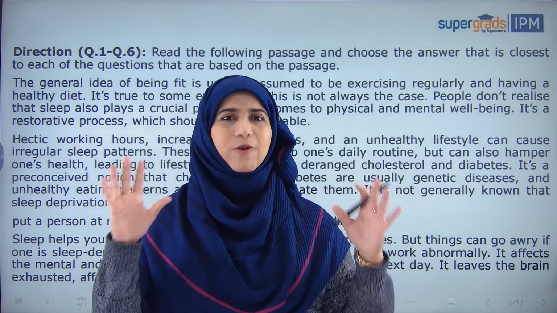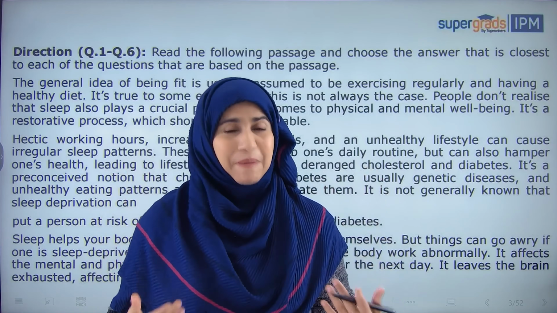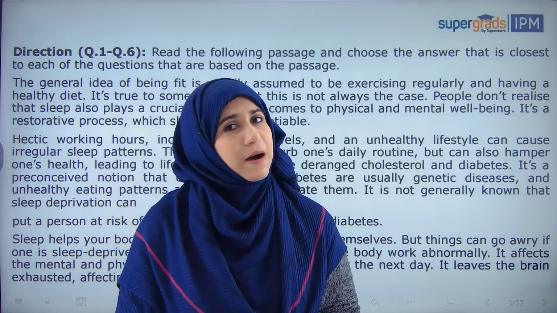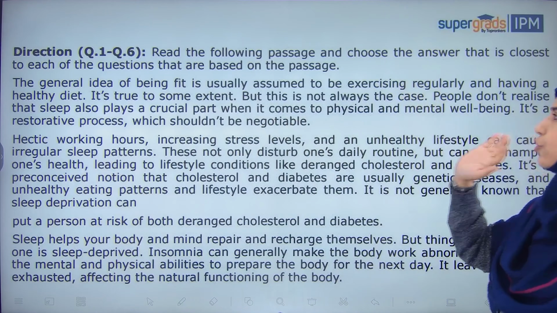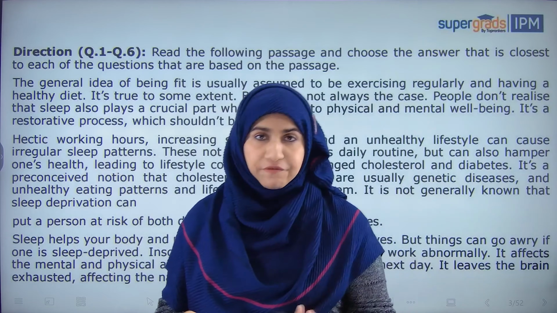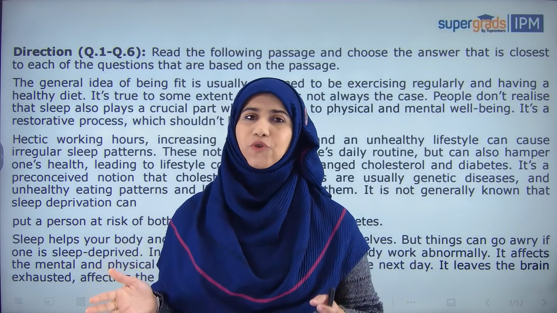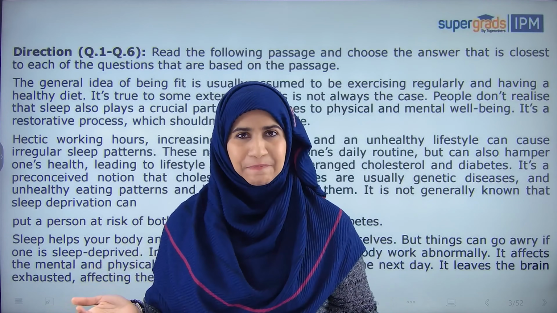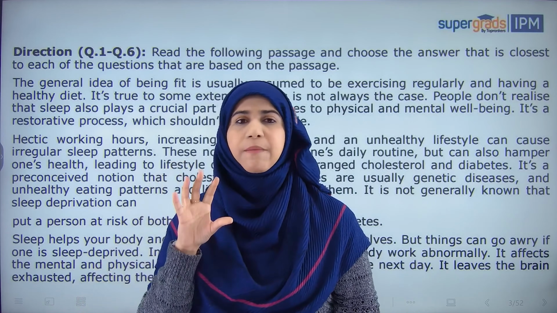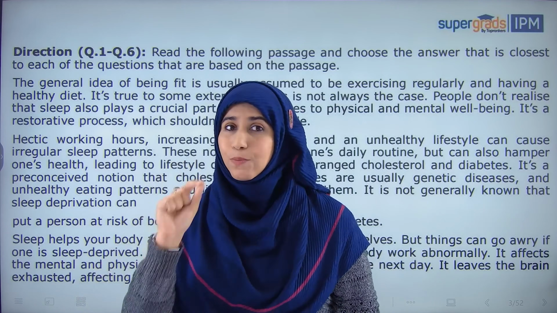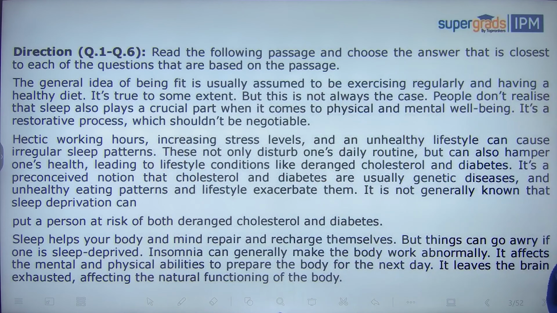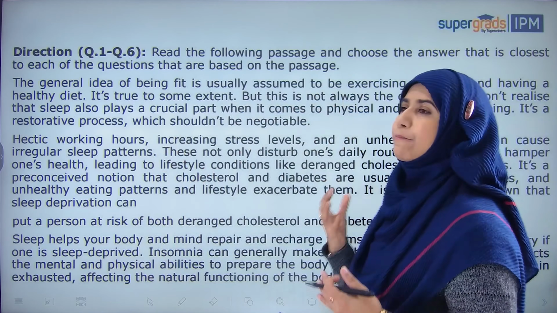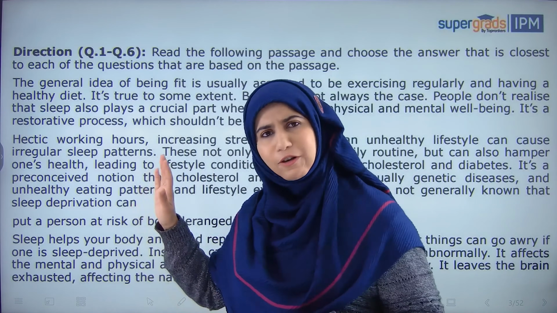Without giving you much gyan and lectures on your overall strategy and how you should be preparing, let's now dive into the first passage. Whenever you read a passage, you don't have to try to remember every bit of information, but yes, the more you remember, the better it is, obviously. But don't be obsessed with only remembering facts. In fact, I want you to do mind mapping. As we proceed parawise, we must try to filter out all the important information. So let's start doing this.